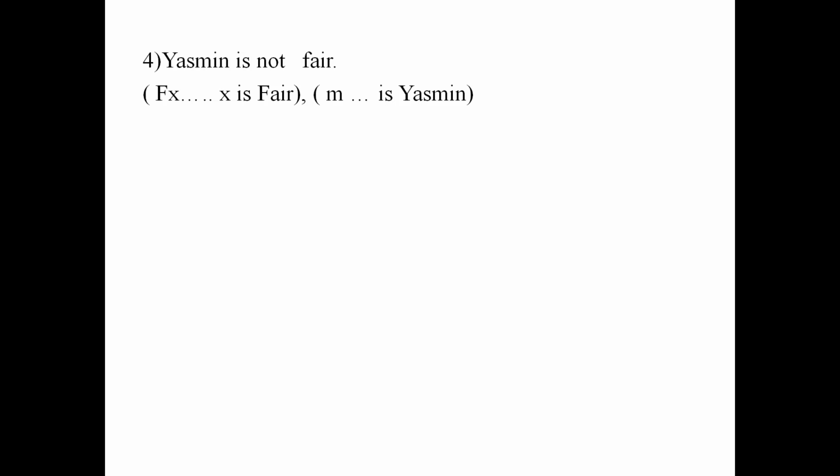Now we come to the next. Yamini is not fair. Here Yamini is the proper name with not in it, so it is a singular negative proposition, and it will be written as curl capital F small m, m for Yamini. Here you cannot use x, y, z, they are not individual constants, though Yamini starts with the letter Y. F is the predicate constant, which is written on the left, and the individual constant on the right, and curl should be written before the statement. So curl F m.